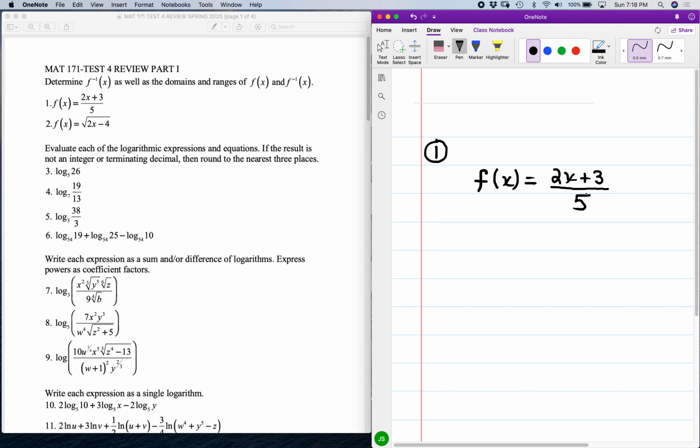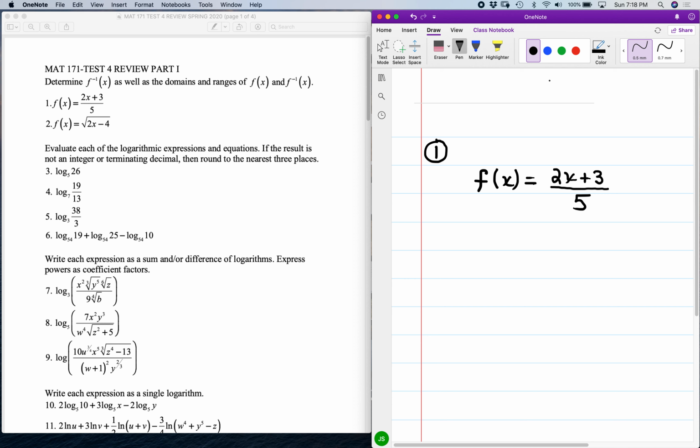Okay, for what we have, the Math 171 Test 4 Review Part 1 handout. We're looking for the inverse function as well as the domains and ranges of the original function and its inverse. For item number 1, we have a given function f of x is equal to 2x plus 3 over